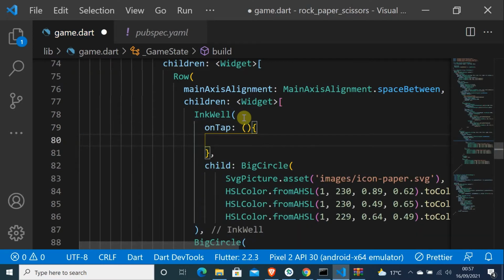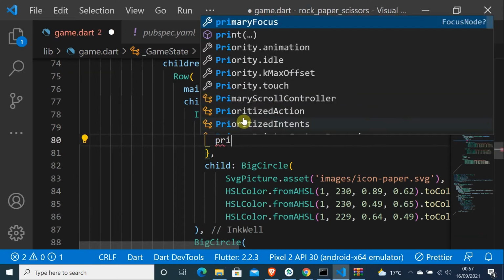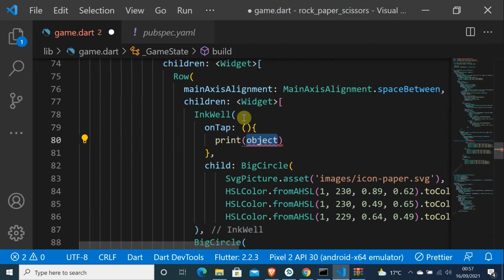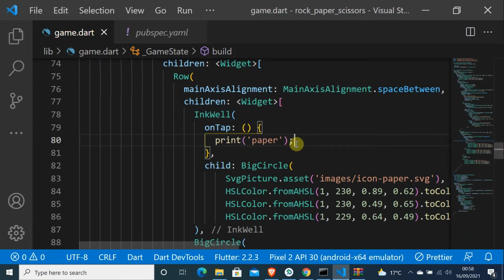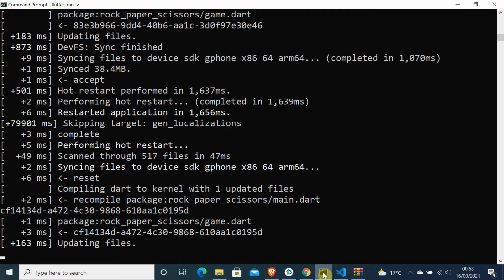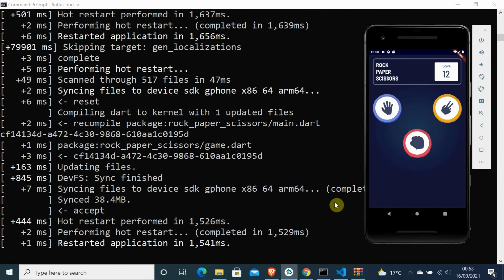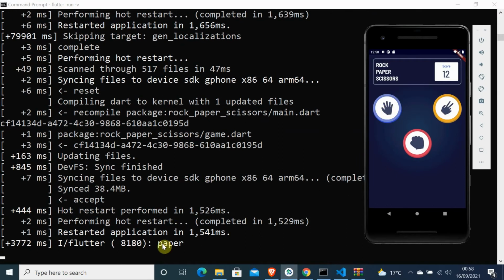We just have, if a user taps, we print paper. Click it on paper, and let me test this. Refresh. Let me click here. As you can see, paper here. Okay,